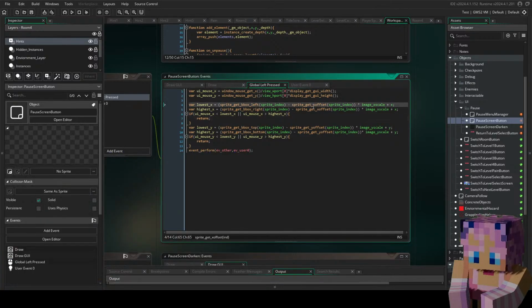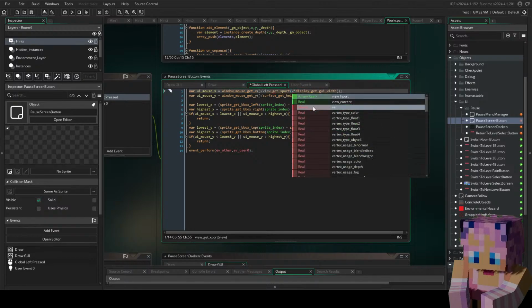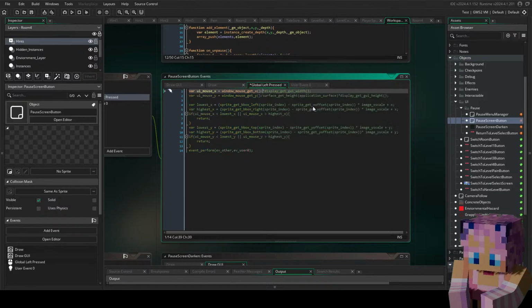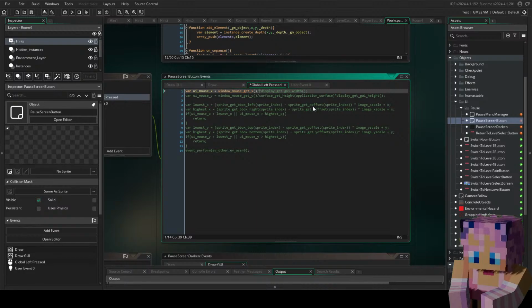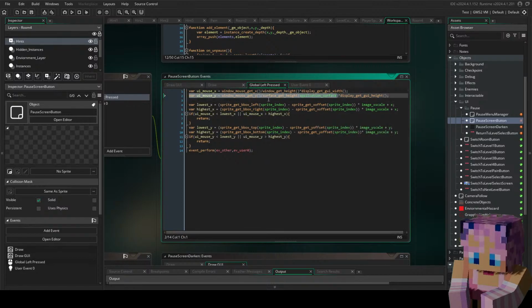No, no, it's not. But the window height is not. Hmm. Okay. How about